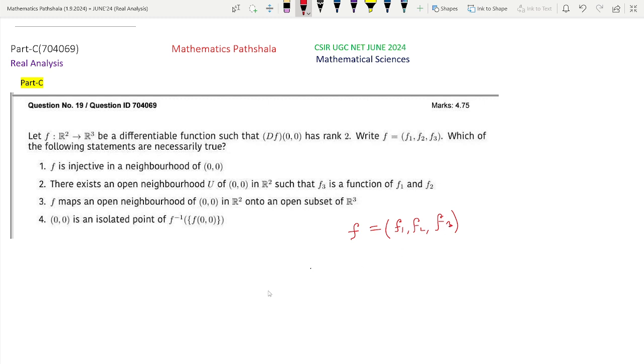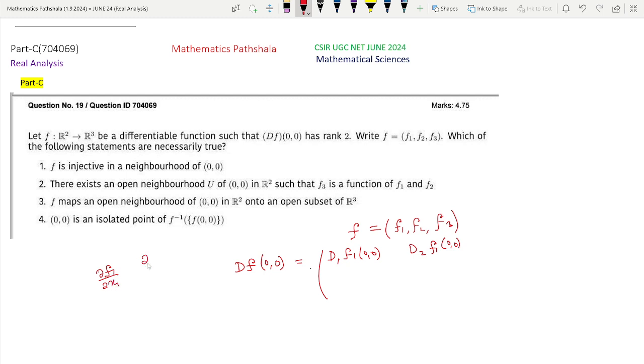Now we know that the derivative map at some point, here at (0,0), is actually a linear operator, and we can write it in matrix form, and that matrix has first row d1 f1 at (0,0), d2 f1 at (0,0). This d1 means actually del f1 del x1,